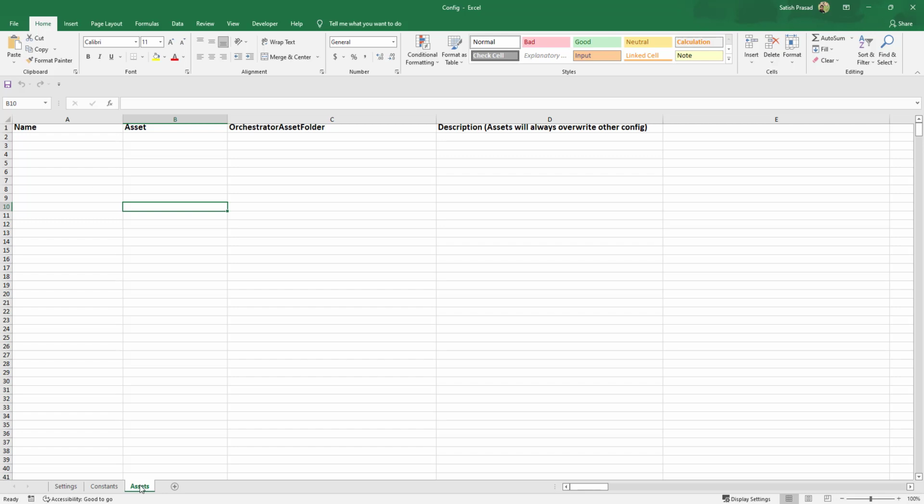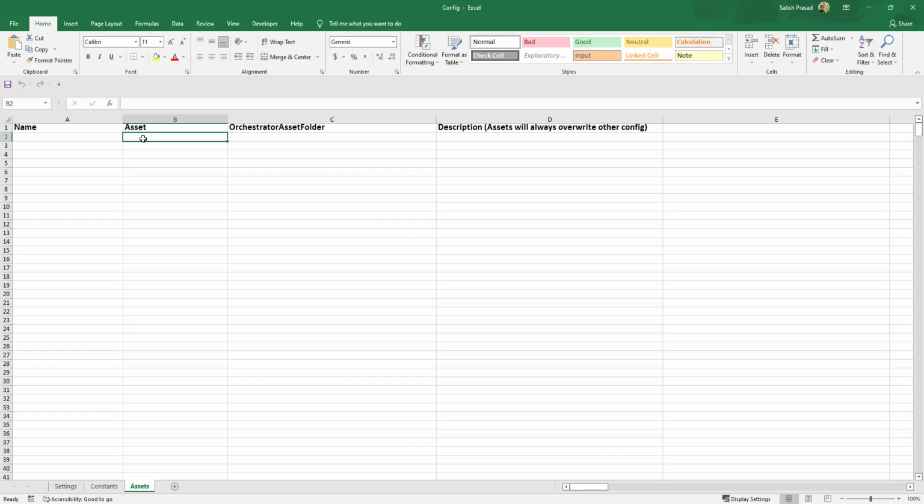You can define multiple assets in the Orchestrator and give them names, asset 1, asset 2, asset 3, asset 4, and here you can say application asset. By changing the asset value, you should be able to launch the application with multiple assets.